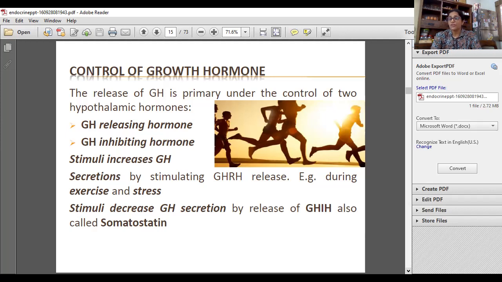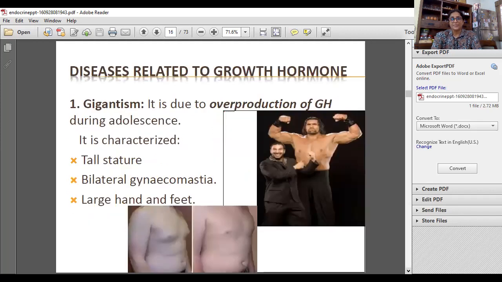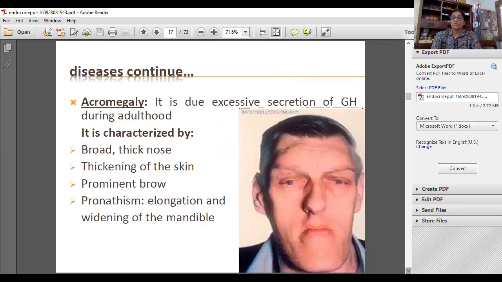So all the children who in their growing age will do a lot of exercise, will undergo physical, muscular stress, will definitely grow taller. Now, there are a lot of diseases which we will not be talking much about. Excessive growth hormone causes gigantism, which is too large stature. In males, the mammary glands enlarge and the condition known as gynecomastia results. And also, the hands and feet may become large.